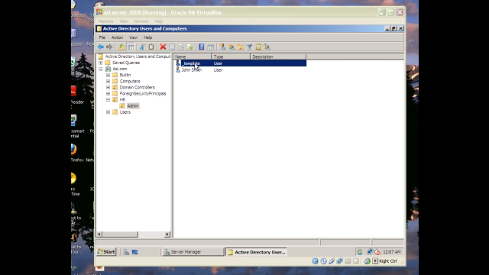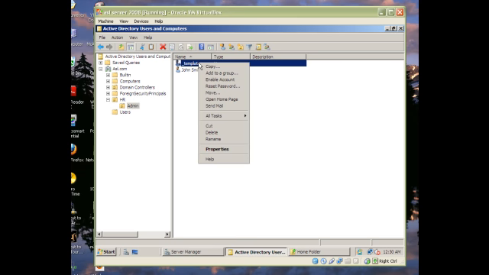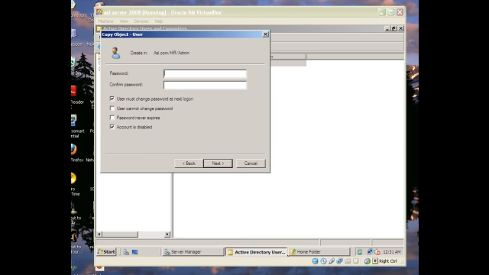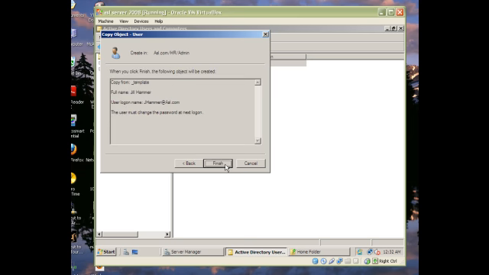You can configure the template to copy to create a new user profile from the template. You just simply press right click, press copy. You can see that the information tab has come up. I've entered the new information for the user. Just click next, enter the password, disable the account, click next, see the summary for Jill Hammer, and press finish, and you shall see the new